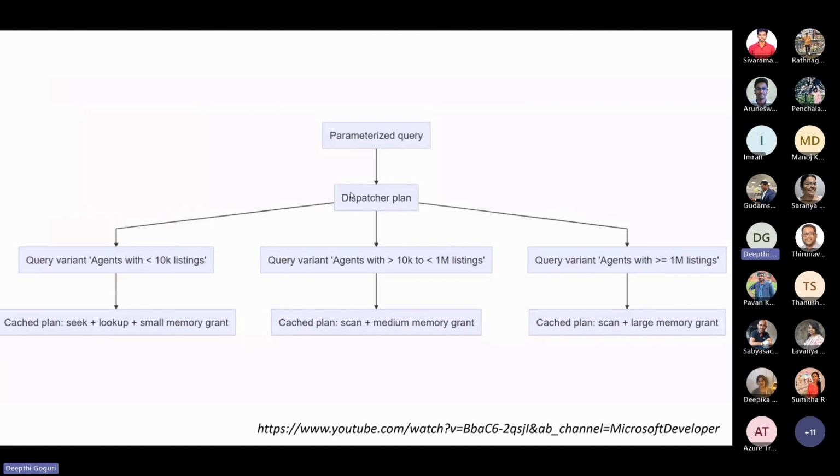Now, what if we are sending a parameterized query with a different parameter that has more than 10,000 and up to 1 million listings, which you are seeing in the middle of the screen? It will go ahead and create a plan which can do the scan and the medium memory grant. And what if there is a query, a stored procedure, coming in with a different parameter value, which will generate more than 1 million listings? In that case, it will go ahead and do scan plus large memory grant. So that's how it will save a maximum of